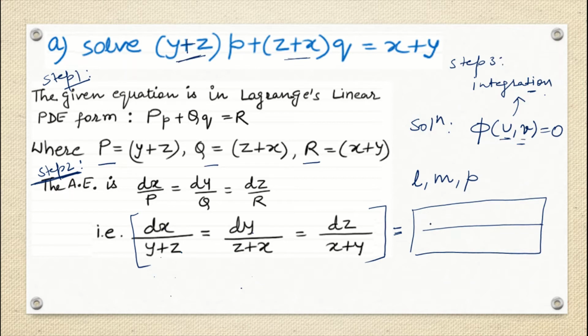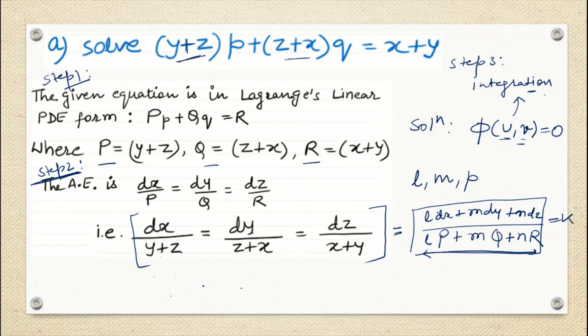And what was the fourth fractional term? It was L dx plus M dy plus N dz, divided by L P, capital P, plus M capital Q plus N capital R. And then we used to equate them with K. Fine. So in that case, we had taken this advantage that if this LP plus MQ plus NR is 0, then it will be easier to apply the method of multiplier. We will try that here also.